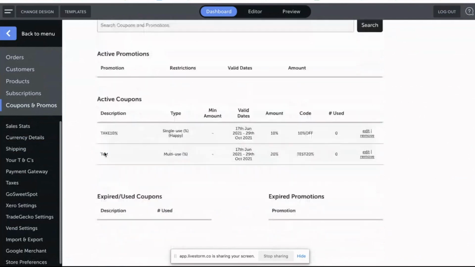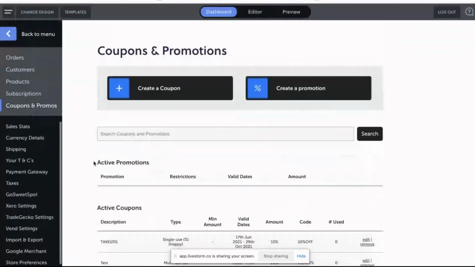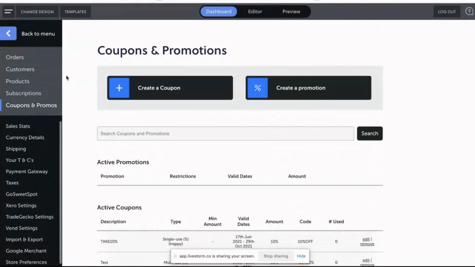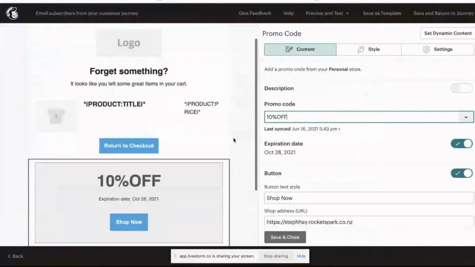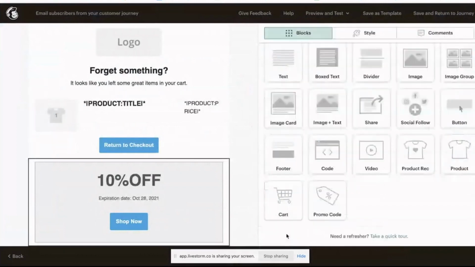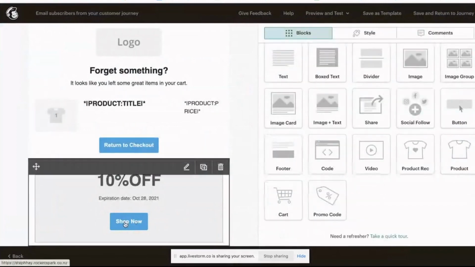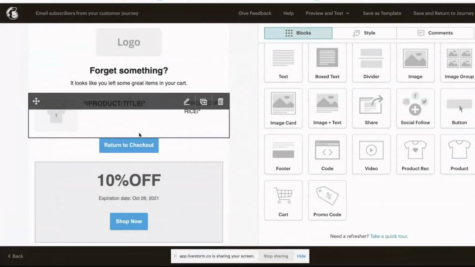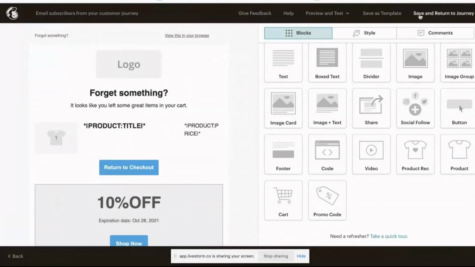Cool, so I've got a couple here. Easy. And we can save and close those so that people can be directed straight from here, straight through to there. And we can go and save.